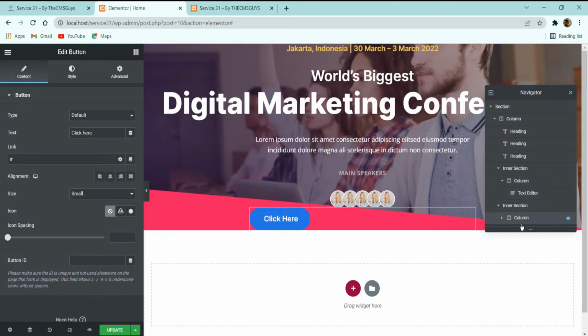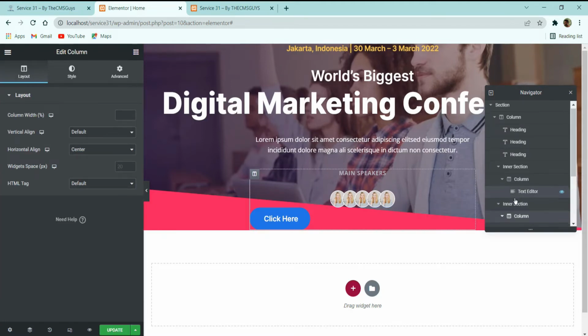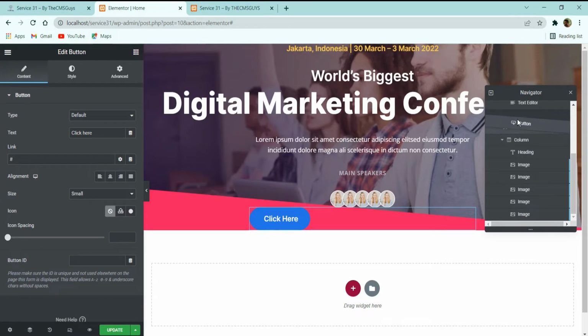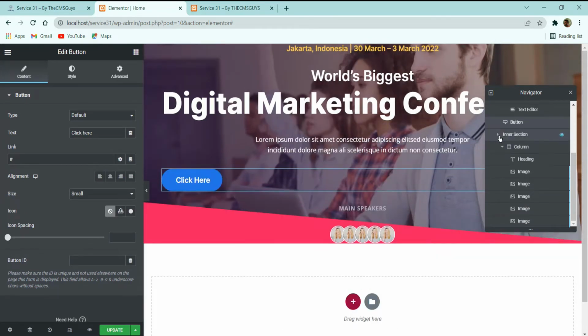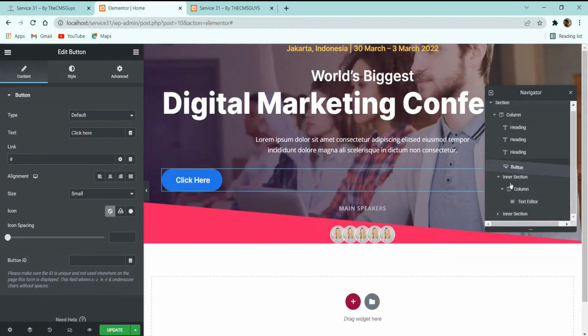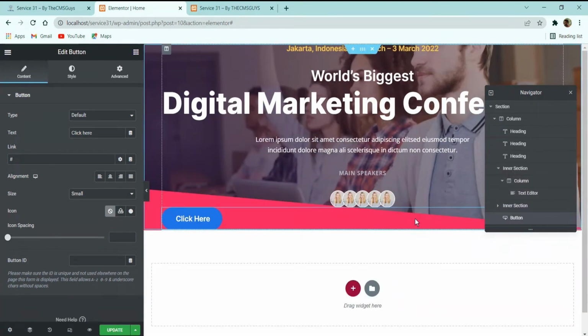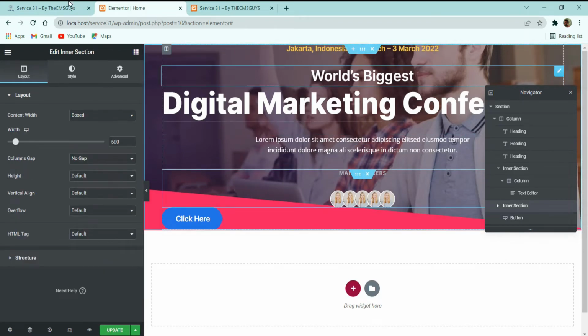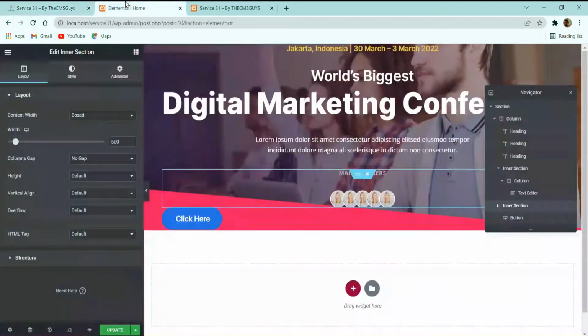I don't want this button to be here, so let me take this, and then I will move the button under the inner section like this. Alright, so now we have the button under the inner section. Now one more thing which I will do: here you can see we have a gap between